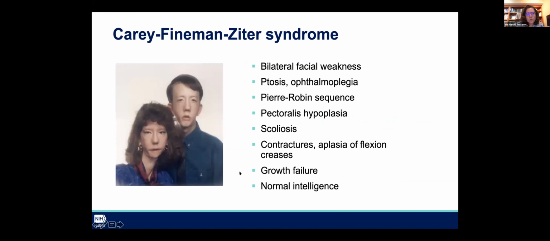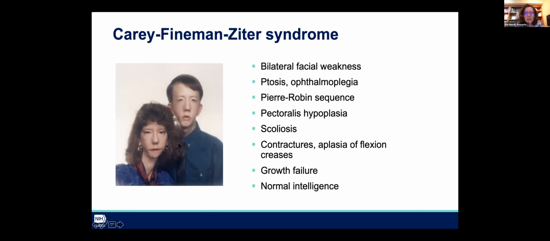So we were able, Carey-Fineman-Ziter was a success story where we were able to identify the gene for this autosomal recessive disease that was described as causing Moebius syndrome, Pierre Robin sequence, ptosis and ophthalmoplegia, pectoral anomaly like Poland anomaly, scoliosis, contractures, growth failure, and normal intelligence. There were the original two siblings that were described. We see this long face, the low set ears, the bilateral ptosis here,